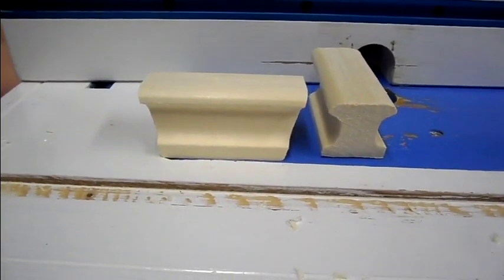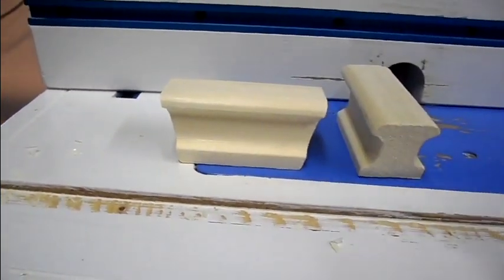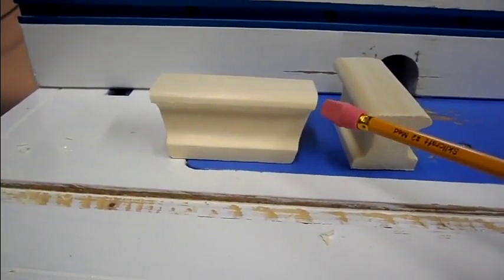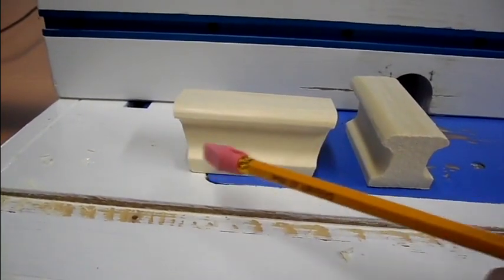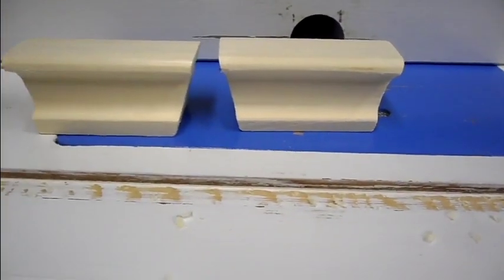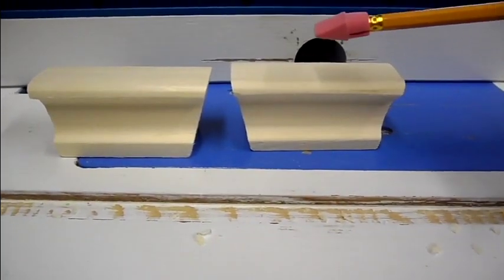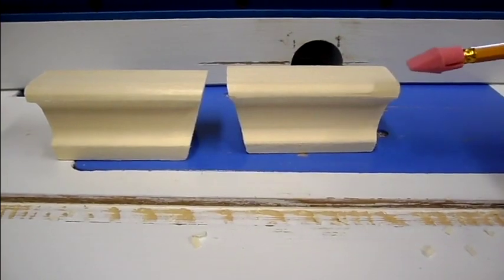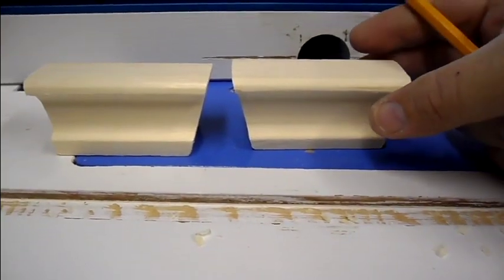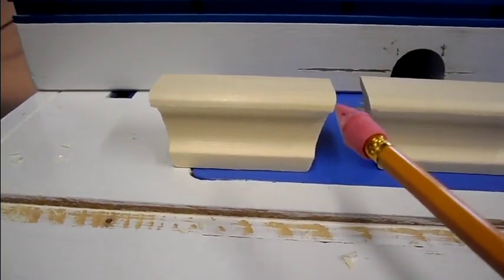Well, as usual, I forgot to film the cutting of the knob to size, but all I did was put this in my miter saw and set my saw blade at 15 degrees and cut down, and then using a stop block so that both of them would be the same size. And I didn't even really measure it. I put a tape measure up to it while the blade was about ready to cut, and I thought, yeah, 3.5, that's great. It could be 3.5, 4, 3, whatever you desire, but I went ahead and put a 15-degree